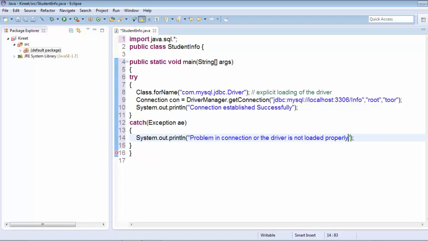This is the user defined catch block in which the user writes the message, so that there is no vague message reflected on the screen.